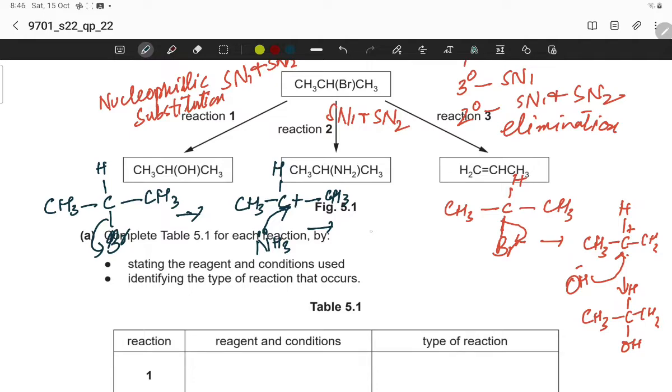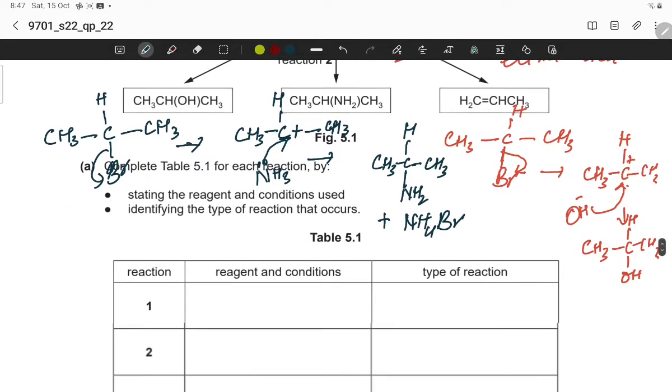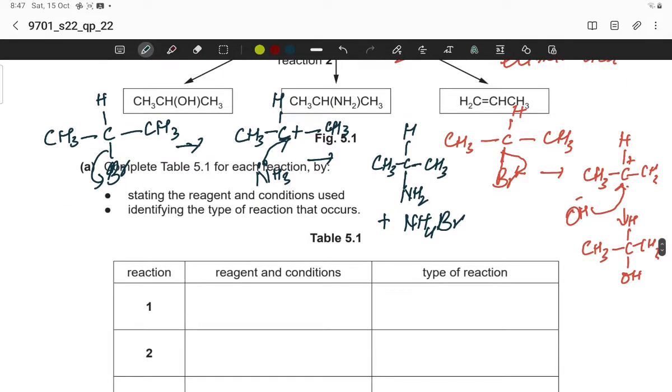Next, CH3CHNH2CH3 and ammonium bromide, NH4Br, is formed. So this is the second reaction, and now stating the reagents and conditions used,